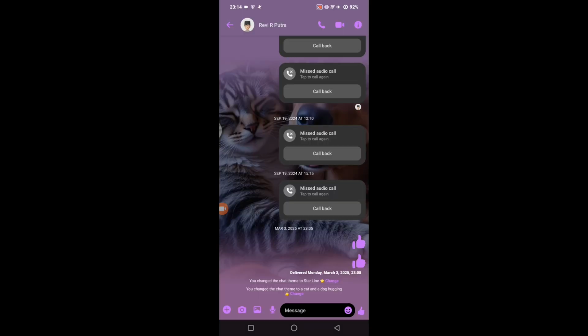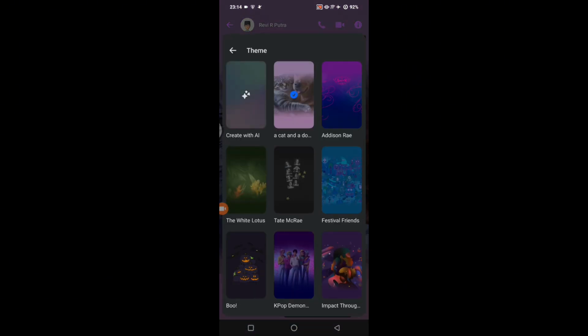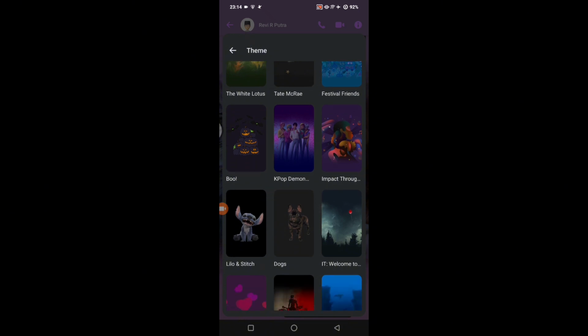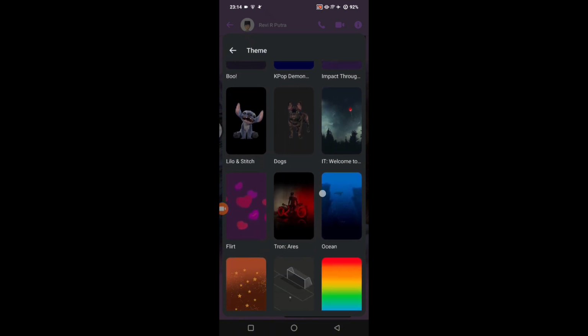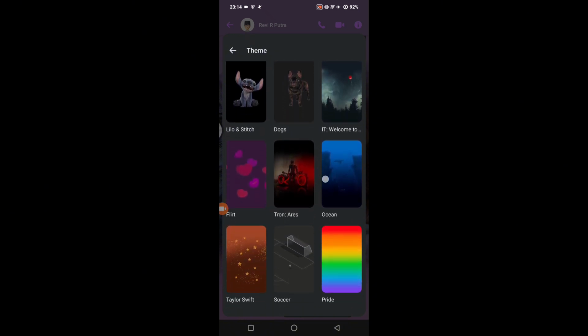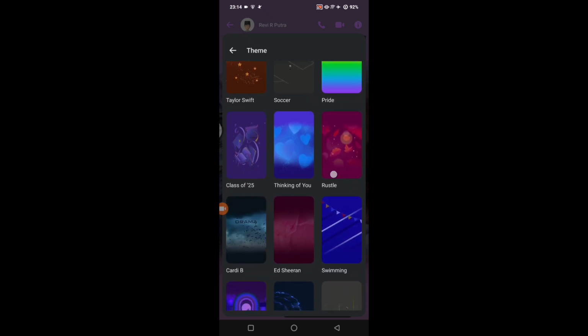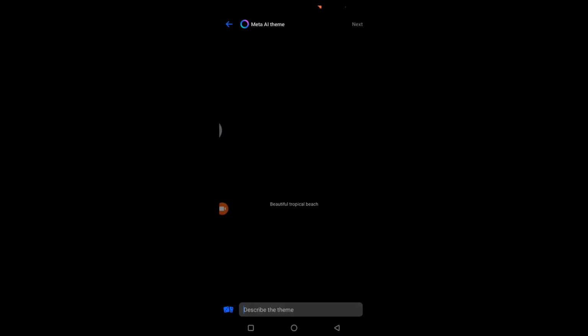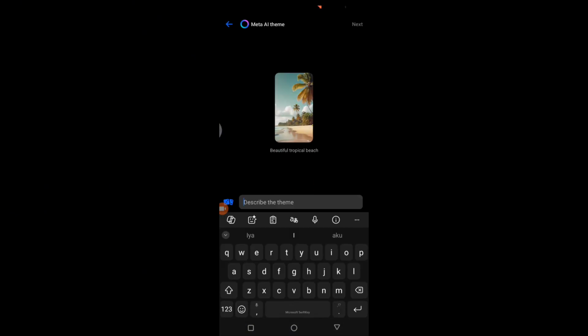Click on theme. Now you'll see there are lots of custom color gradients here, or themes like dogs, arrows, soccer. So you can just choose from here, or if you want to create your own, you can just click on create with AI. Now you can just describe the theme that you want here. So for example, I'm going to just write